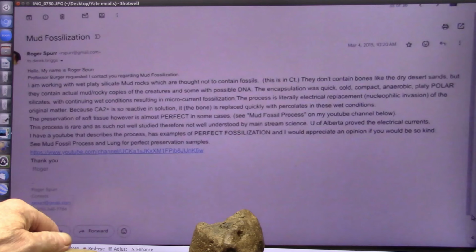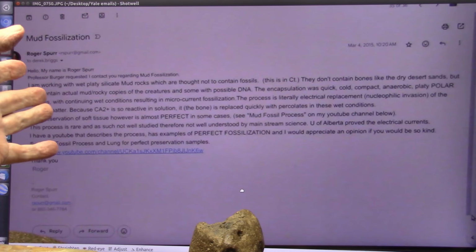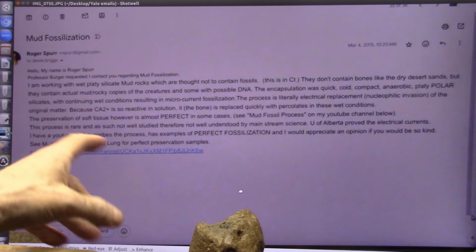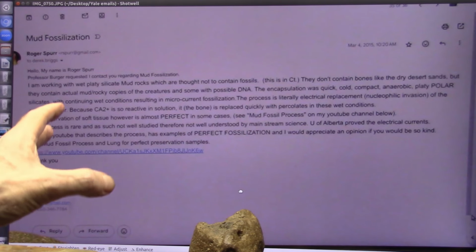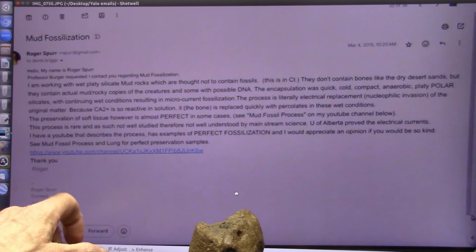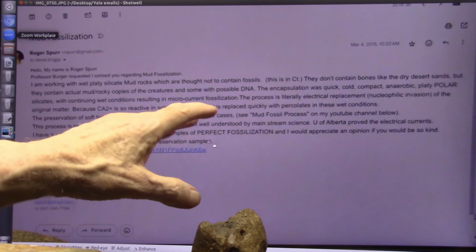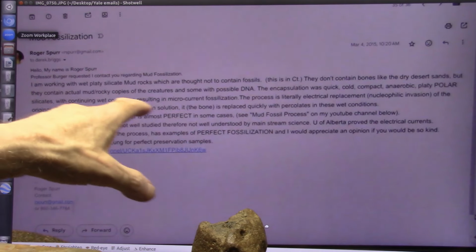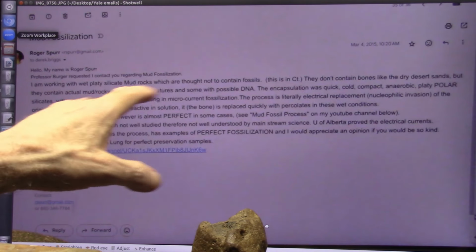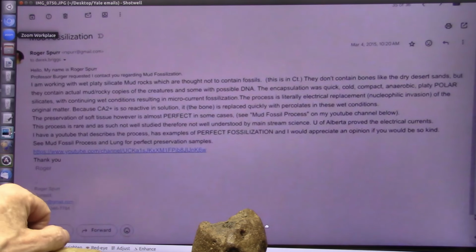So I kept sending him all my information and all my YouTubes, and I was upset. So I went ahead and had my stuff DNA tested and CAT scanned and everything else. It still didn't make any difference to Derek Briggs. He still refused to examine it. That's not scientific, my friends. I don't think so. You know, however, the crazy thing is, I sent this to NASA too, because up on Mars, they have the same thing. They have all of the sarcomeres, they have all of the Mars blueberries. It's all biology. And then NASA went and paid Derek Briggs to do a study about this, and he reported